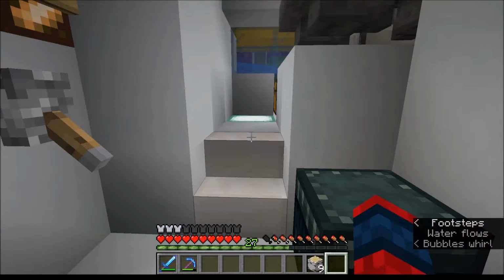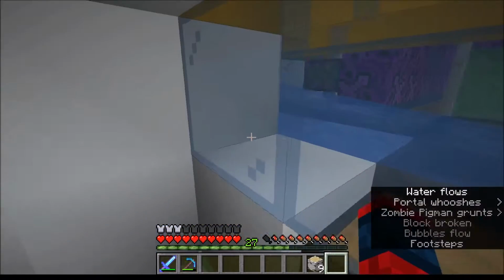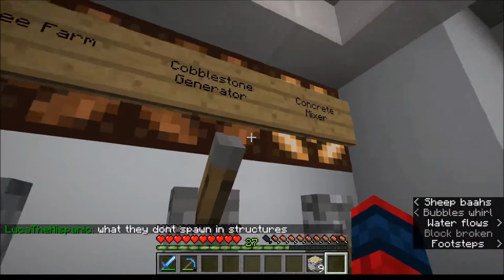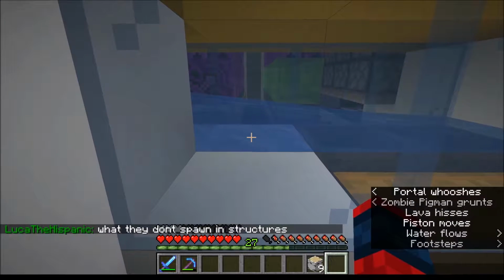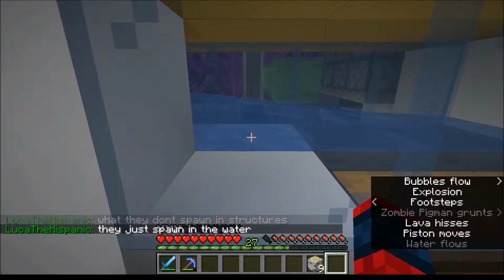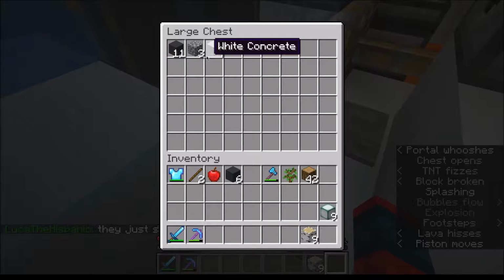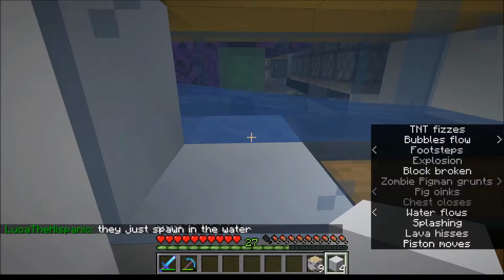Today, we are currently starting in the cobblestone generator. Well, actually, it's the concrete farm, but it also has a cobblestone generator. So I'm going to flip this on and hope that everything doesn't explode. Okay, it looks like it's off to a good start. And that should generate a whole heck of a lot of...